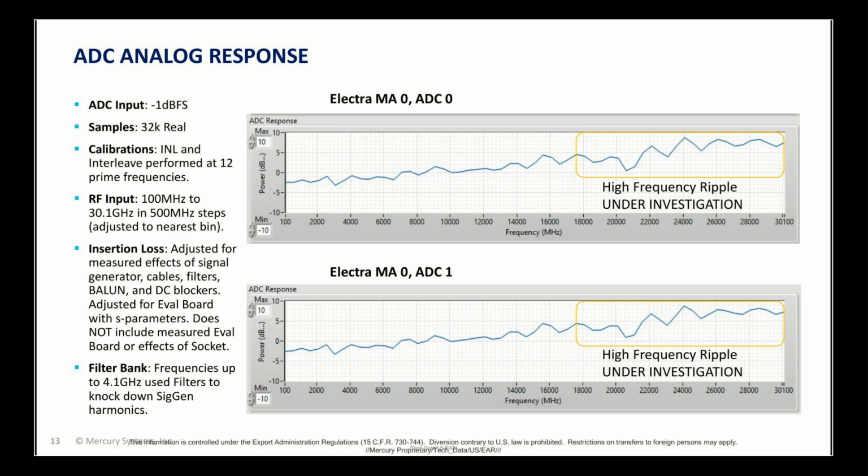We calibrate with internonlinearity calibration and interleave calibration at 12 different points along the band that we're looking at. And the RF input is swept from 100 megahertz to 30.1 gigahertz in 500 megahertz steps. And of course, that's adjusted to the nearest bin frequencies so you don't get crazy